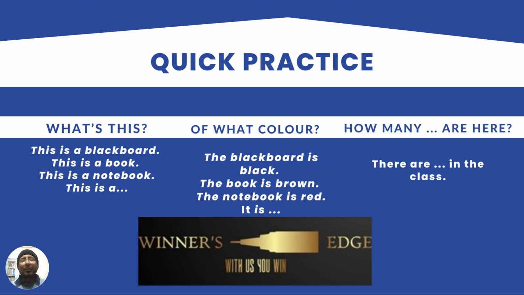And the third question is how many of this type of thing are here. So how many blackboards are here? There is one blackboard in the classroom. How many books are here? There are 7 books that I can see on the tables, various desks. How many notebooks are there at your desk? There are 3 notebooks here, so on and so forth. So the idea is to point out concrete objects, so that people can actually count them and give you the reply.